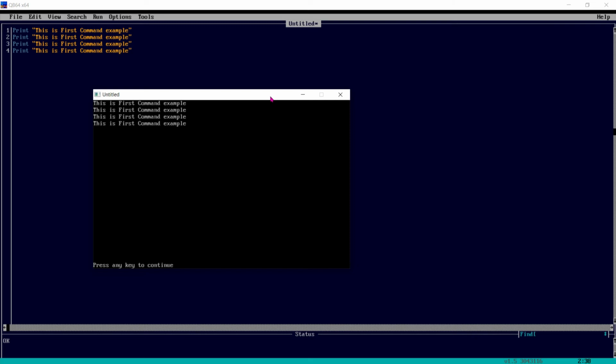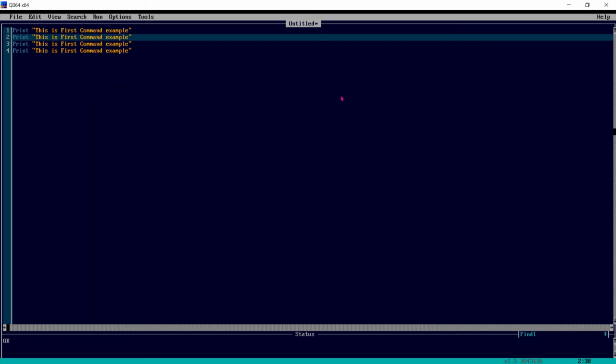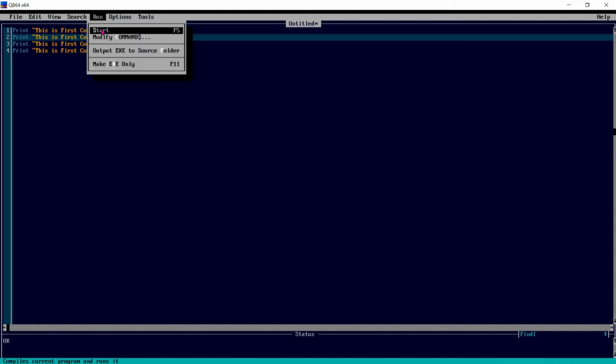So these two commands we have to remember, and we have seen how to write a program and execute a program. For execution, press F5, or you can go to run here and start.